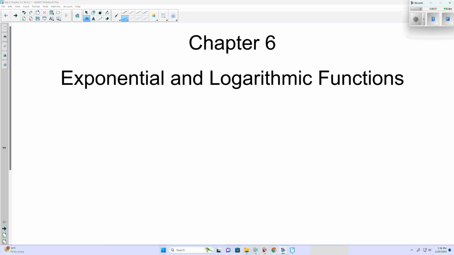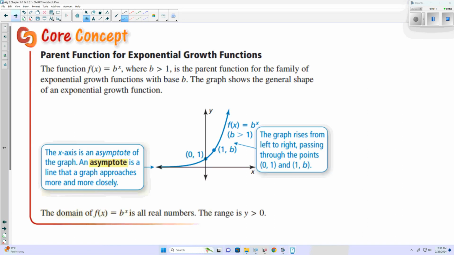Exponential and logarithmic functions. And today's lesson is kind of nice. Now we're mainly going to focus on exponential and logarithmic functions. We do have this little chart. It's not huge on the note sheet, it's kind of smaller. But we consider a function to be exponential, so b to the x,